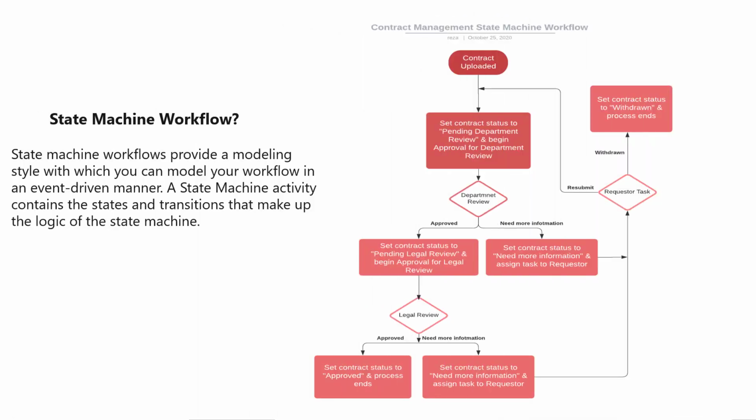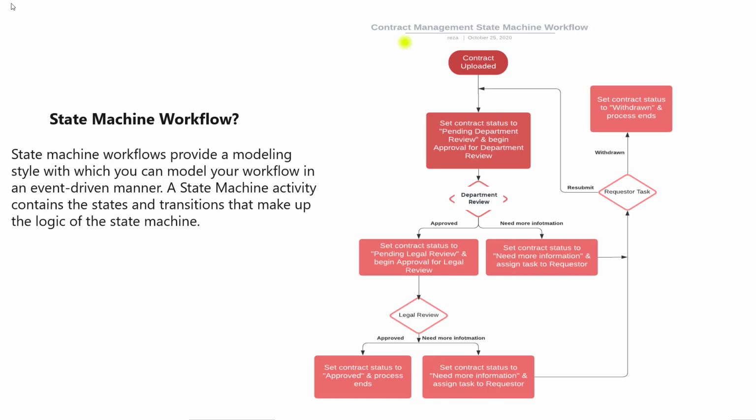So what is a state machine workflow? A state machine workflow provides a modeling style with which you can model your workflow in an event-driven manner. A state machine activity contains the states and the transitions that make up the logic of the state machine. Basically, a workflow in which you can change states or stages or statuses, and your workflow process can keep moving